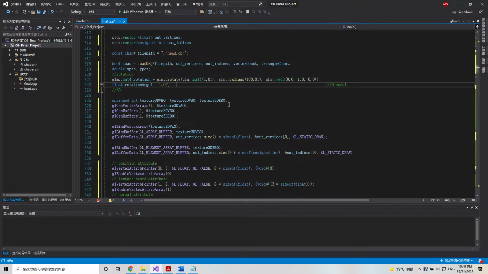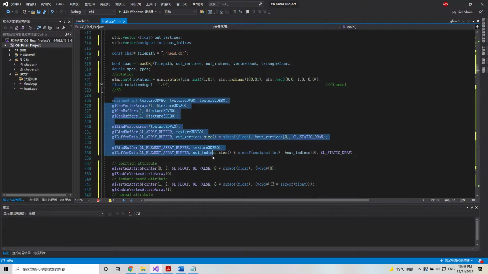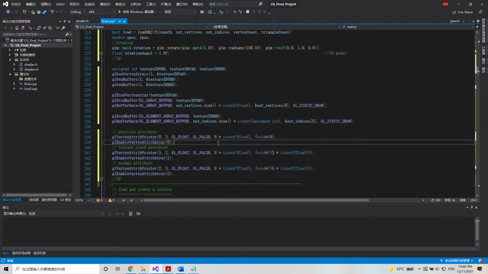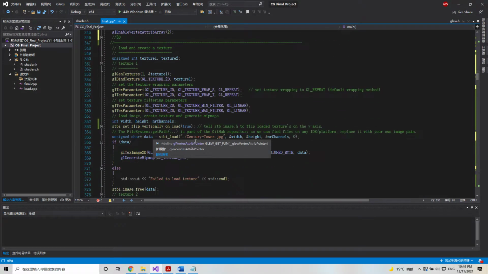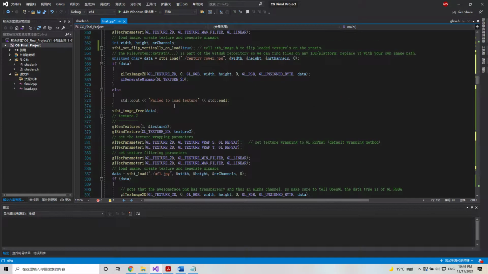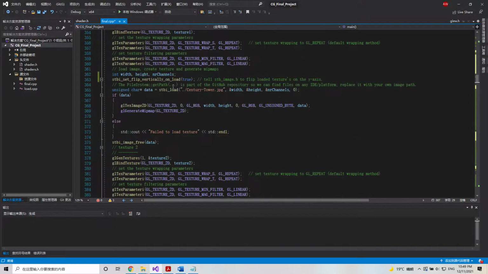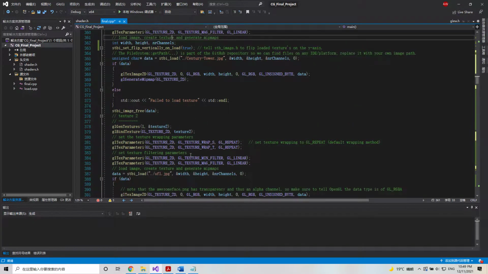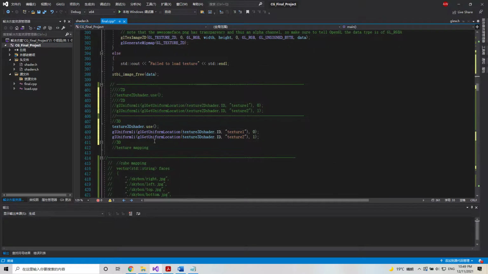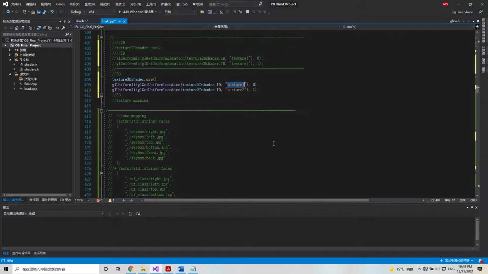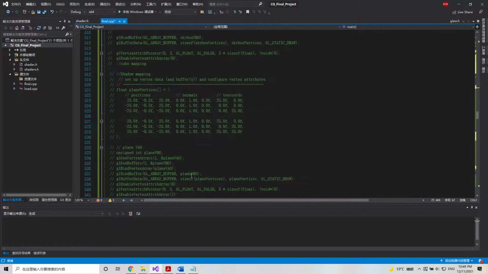Then I use those buffers and bind them, set up the vertex attribute pointer, and load these two textures. This process is the same for both the 2D and 3D versions, and I pass those textures to the shaders, and